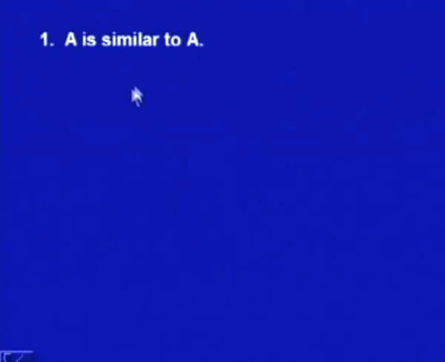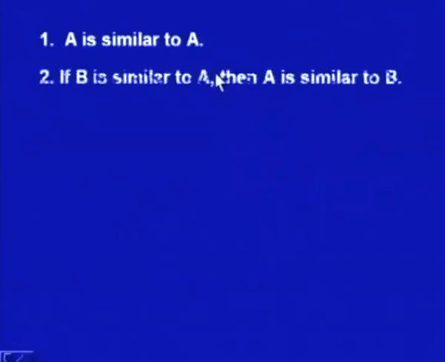The first is that A is similar to A. So if A is similar to A, it means there should exist some matrix P such that A is P inverse AP. So in this case, if we take P inverse as equal to identity, which is the same as P, then we can prove easily that A is similar to A. Secondly, if B is similar to A, then A is similar to B. This can be very easily established,